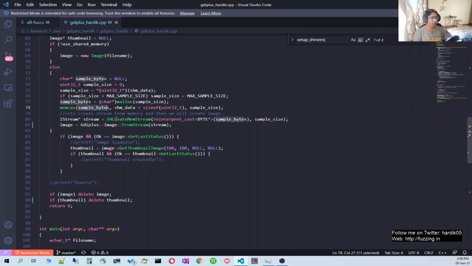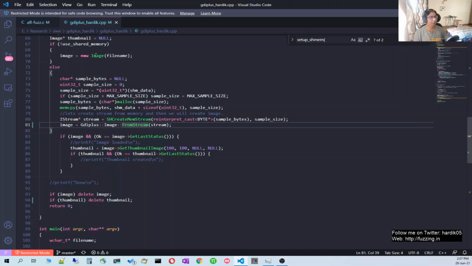And then you will notice that we are creating one stream over here. For that we have called a function, create mem stream, and then to create the image we will call this function, GDI plus image from stream, and give the stream over here. If you see above, in case of the file based approach, it was very simple.